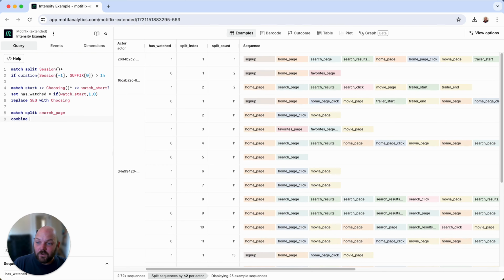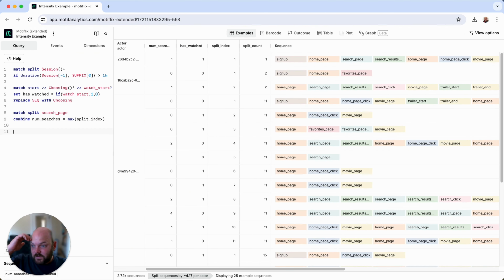And I'm going to set a new value here. This is a special way where I don't use set, but as part of combine, I can set a new value. This is going to be num searches, and I'm going to set that equal to the max of split index. So if a user did 0, 1, 2 searches, it's going to be 2